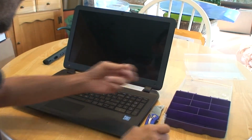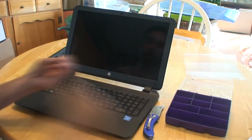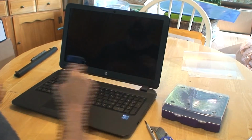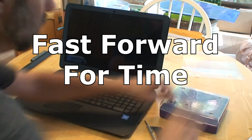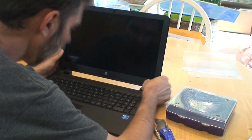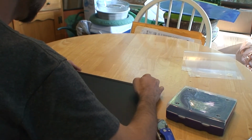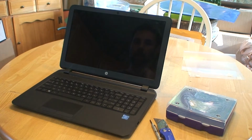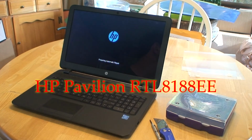And now it's time to replace the two screws we took out in the beginning. Next, we want to grab our screw cover and we'll just place them in here. And finally, we replace the battery. We'll go ahead and start it up to check, make sure everything's working properly. And there you go. That has been how to replace a screen on an HP Pavilion